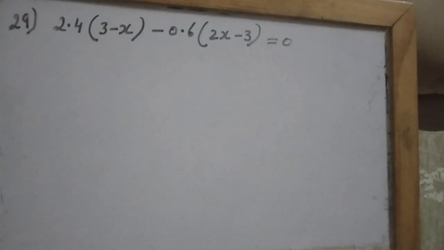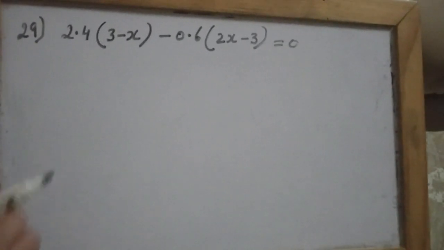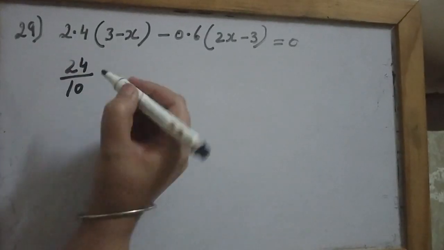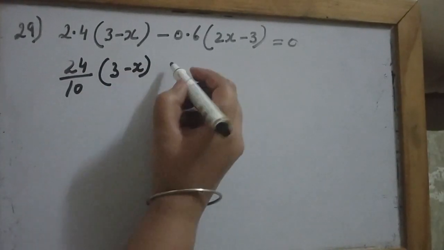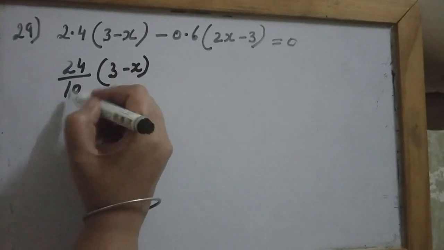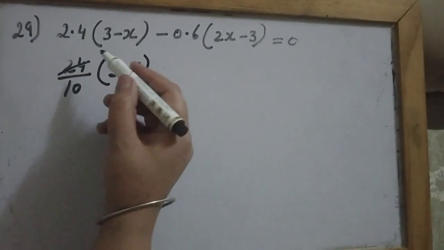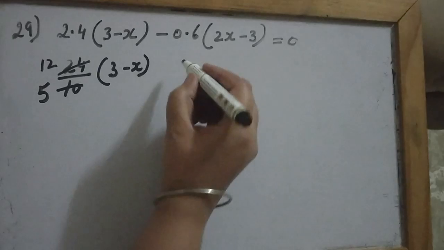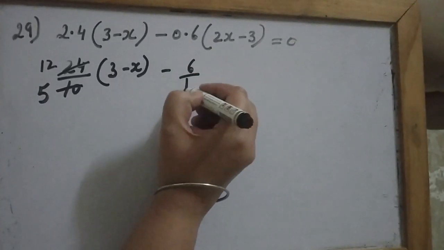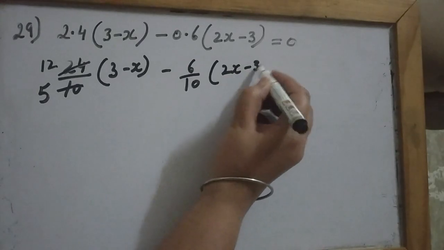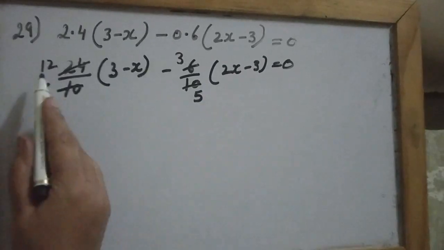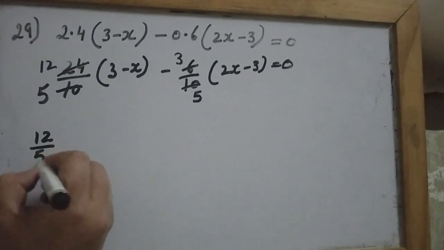Now let's do the 29th sum. Now here again you have a decimal number. I can write this as 24 upon 10 to remove the decimal, 3 minus x, and 24 upon 10 if it gets cancelled, this can become 2 12s and 2 5s, and here it will become 6 upon 10, and this 6 upon 10 again I can cancel, 2 3s are 6, 2 5s are 10. So what it becomes is 12 upon 5,